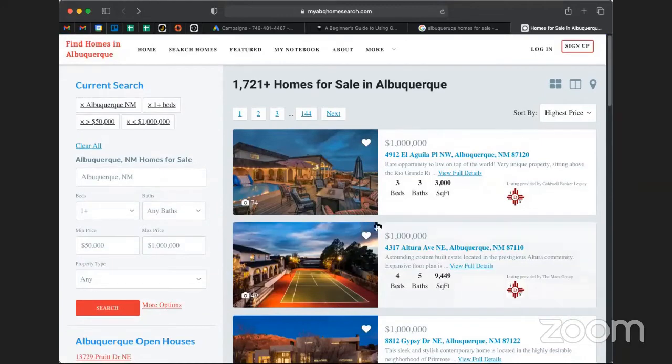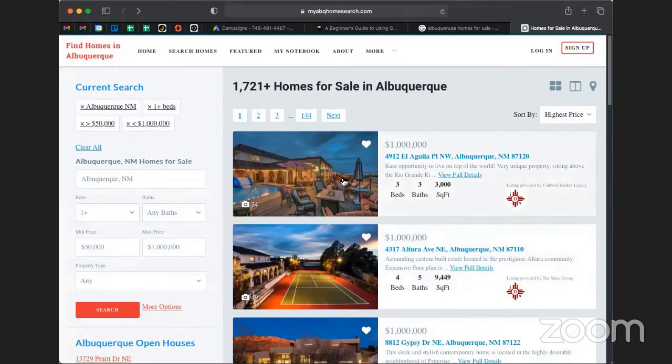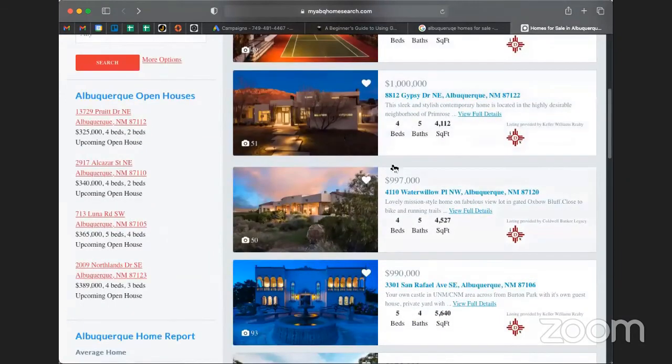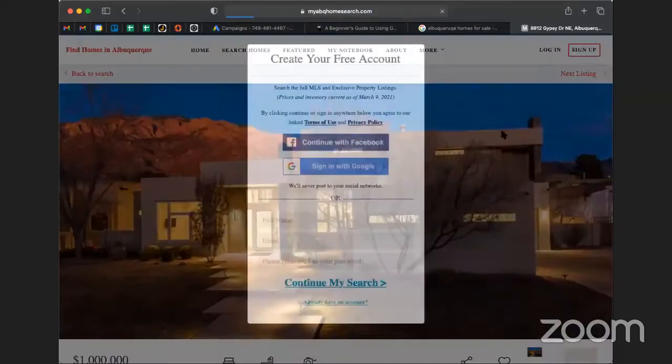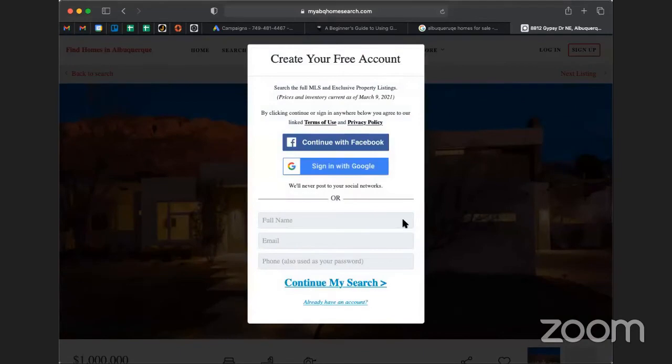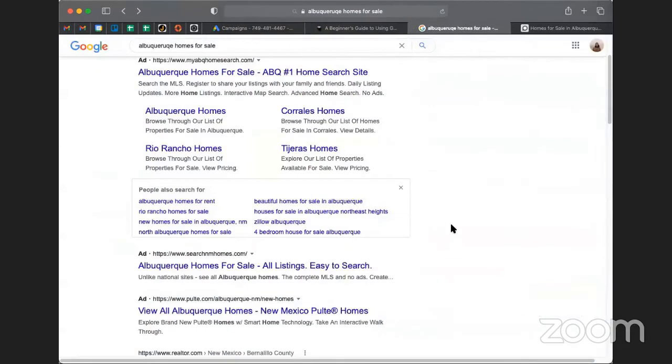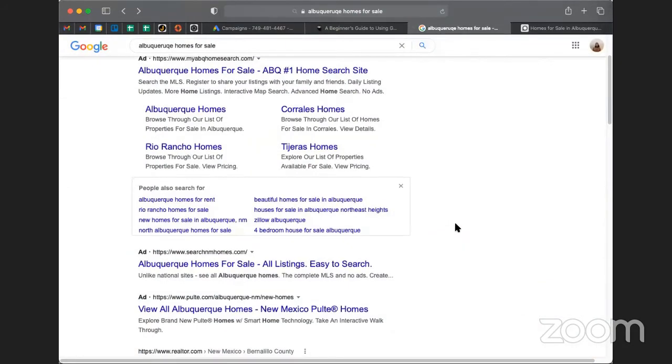Because we're going to a list of homes, like I'm interested in a home in Albuquerque, I'm moving there, I got a job offer with Hewlett Packard, who knows, something along those lines. I do my search, I get to this list here. These are some beautiful homes within Albuquerque, but obviously we've got a little bit of lead capture attached to that. So not a landing page type search, but definitely one that is super effective when it comes to promoting yourself